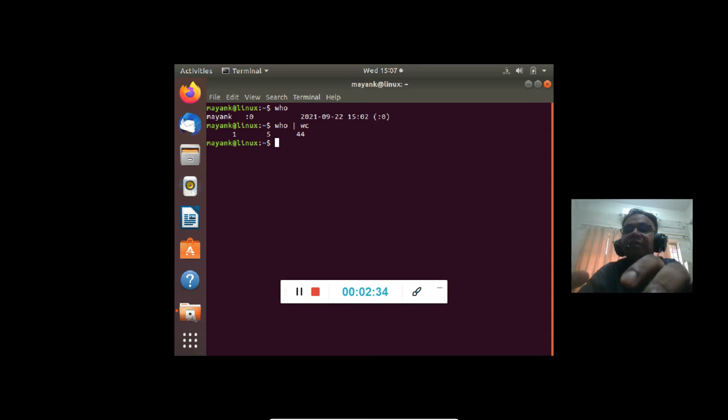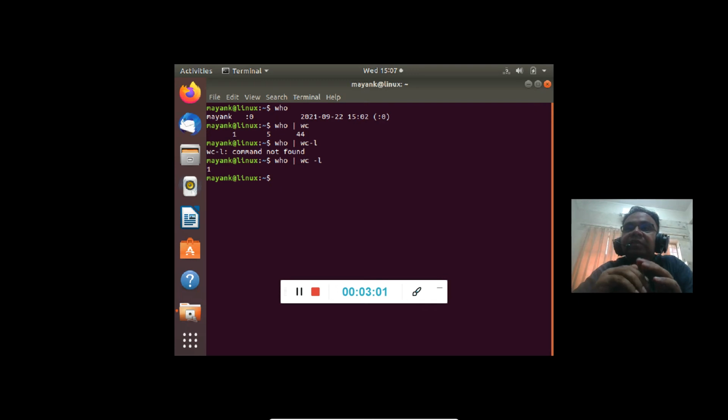Now wc has an option also, which is wc minus l, which counts the number of lines. So if I do like this, wc minus l, what will it say? Sorry, we have typed wrongly, yes, a space was required. Now wc minus l gives 1.